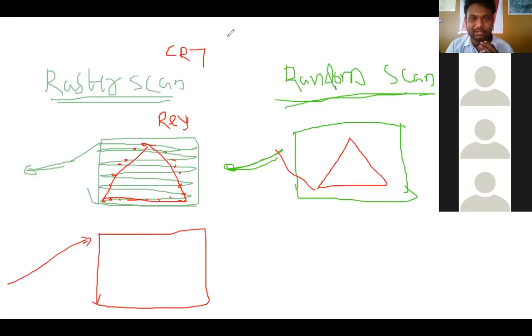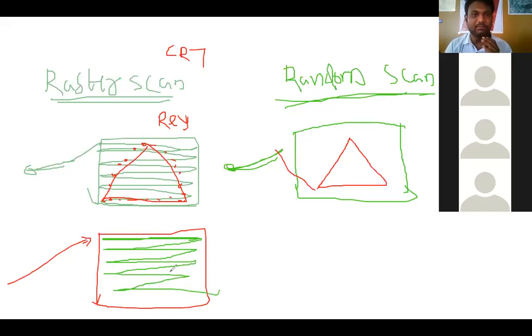writing a line. So it is a line method. It is also called a line method because in the raster scan it is going to draw all the lines. First, from the top left it will start writing one line. Again it will come to the second point and start another line. Again it will come to the next point, again it will start drawing a line, and likewise it will go.